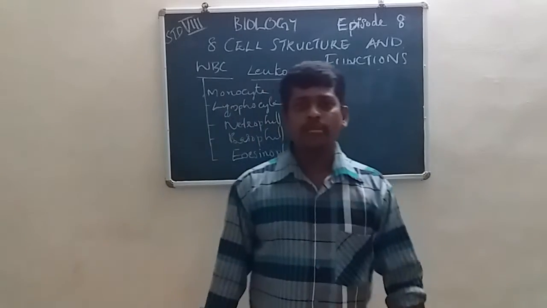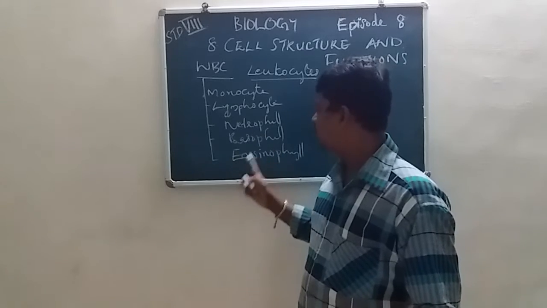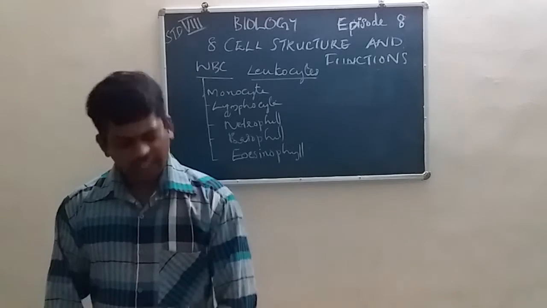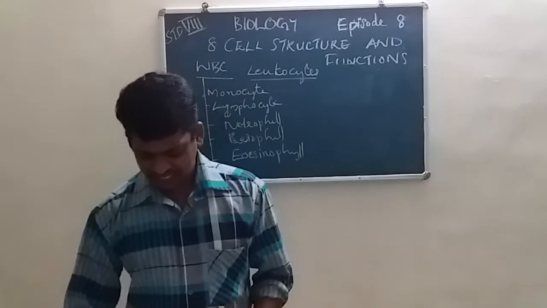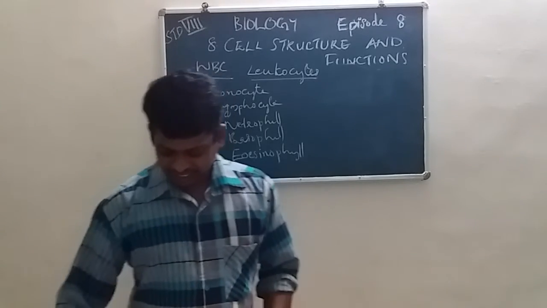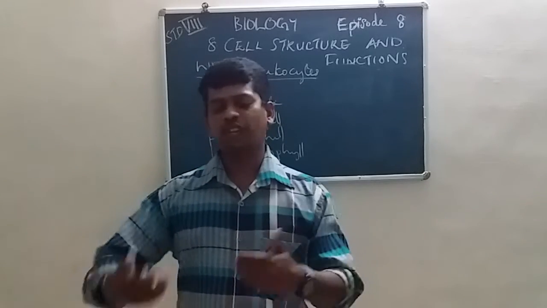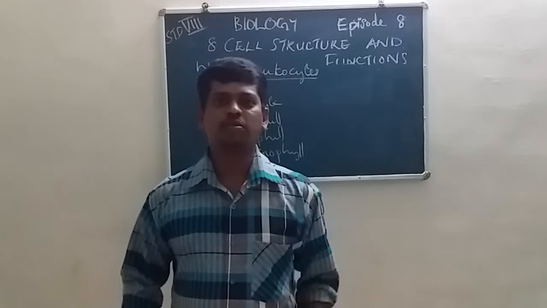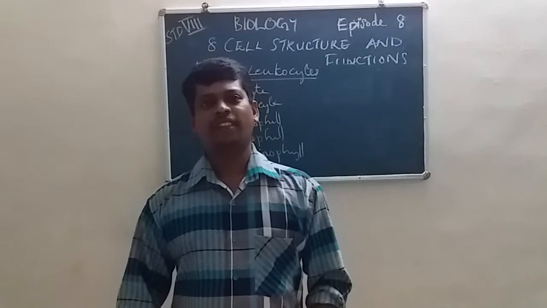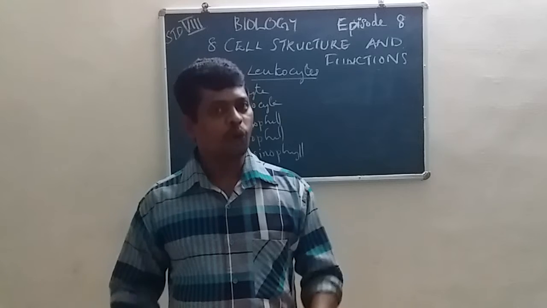What are the WBCs? Monocyte, lymphocyte, neutrophil, basophil and eosinophil. These are the WBCs. Can you guess the functions of these WBCs? Yes, they break down other organisms entering the body. A microorganism, a microbe, a disease-causing organism is an alien, unwanted organism. When it enters the body,